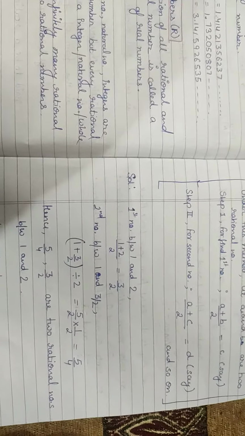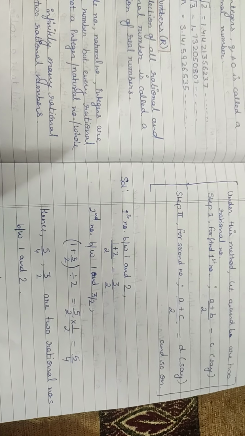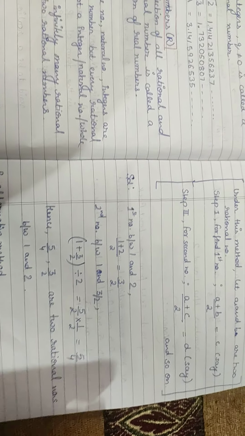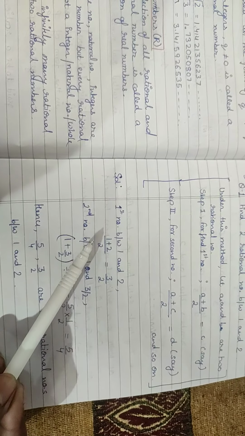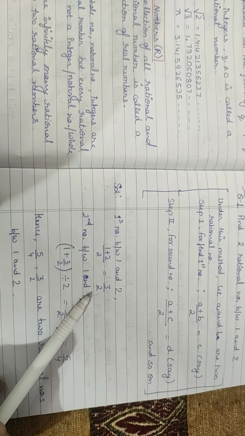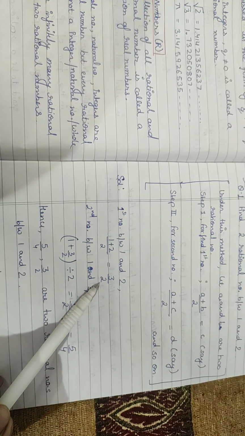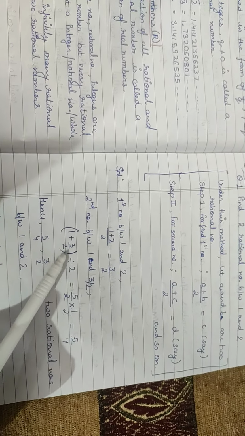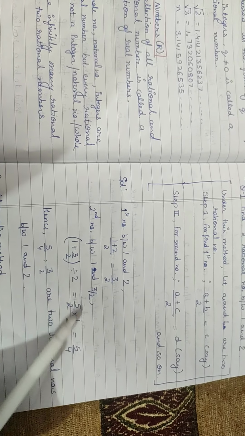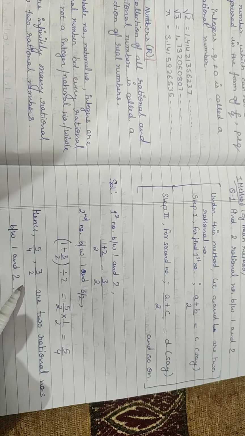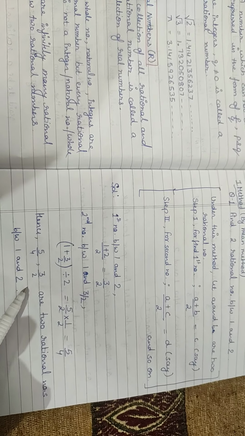So first you see an example of how to solve by using this method. Suppose I need to find two rational numbers between 1 and 2. So here you can observe (1 plus 2) divided by 2 is equal to 3 by 2. Now if I want to find the second rational number, then I can take 1 and 3 by 2. Sum of these two numbers and divide it by 2. So I'll get 5 by 4. Hence 5 by 4 and 3 by 2 are two rational numbers